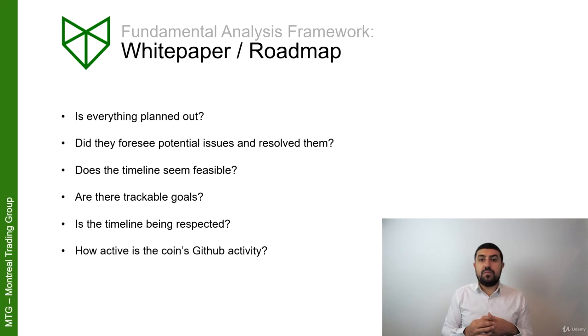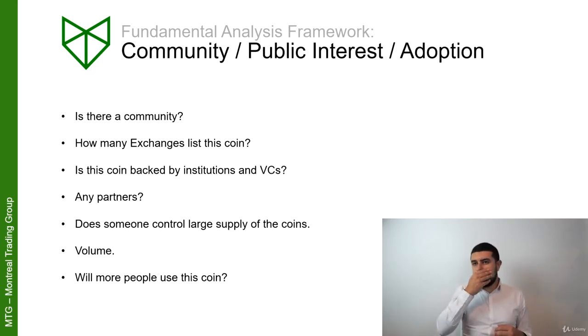So if you have a project where they're working on an application and there was no GitHub activity in the last 6 months, well, something's wrong, right? But if you have something where there's a lot of activity, then that means they're working on it. Now, we're going to talk more about that later on, because it's not because there's a lot of activity that they're doing well. Sometimes it's just empty activity. But something to look at.